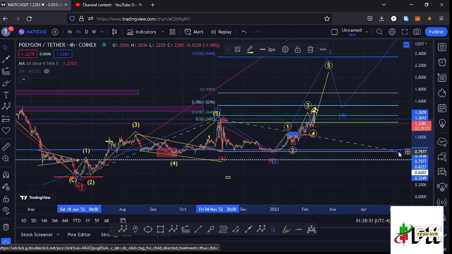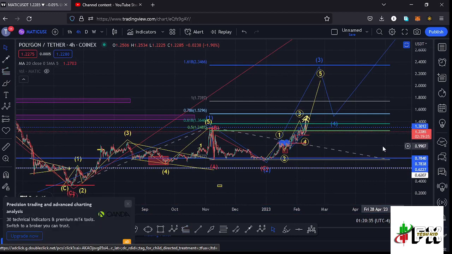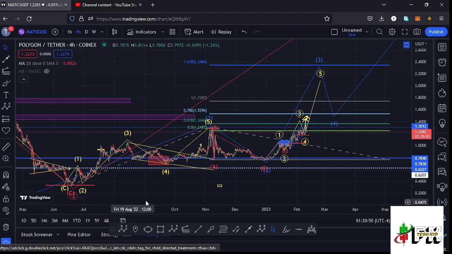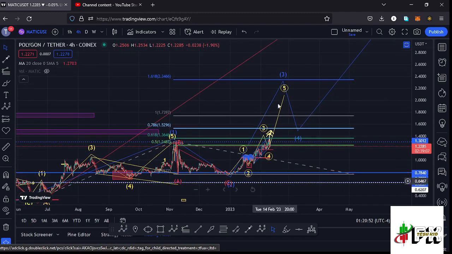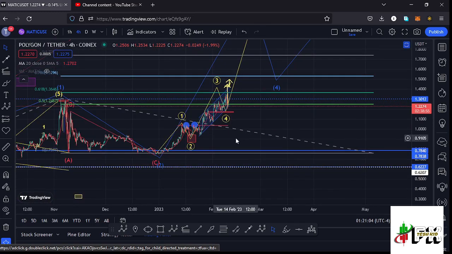That gives me a minimum target area to the upside in the formation of that wave 3 at the fib level 1.618, and that perfectly lies at around the $2.3466 mark, and that is the minimum that I'm expecting that wave 3 to the upside to do. And once the wave 3 is in, then we can expect a wave 4 before we continue pushing even higher in the formation of that wave 5. So that is what I'm expecting here on the Polygon Matic chart, on the short-term scenarios and also on the